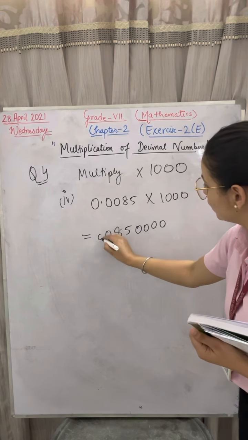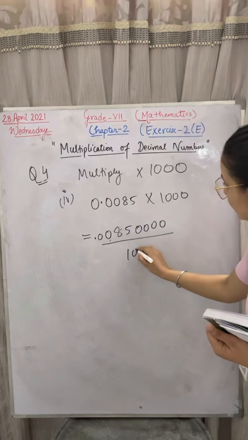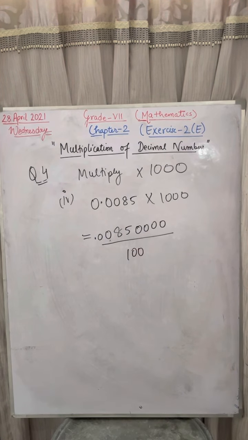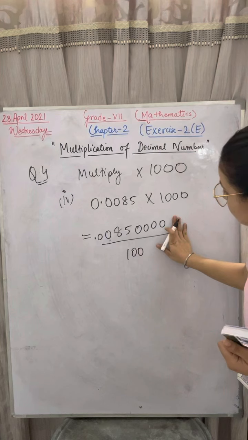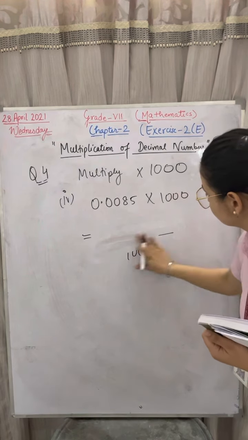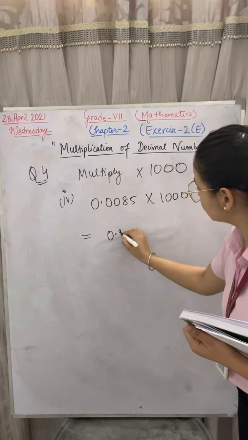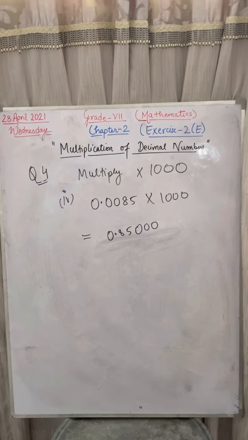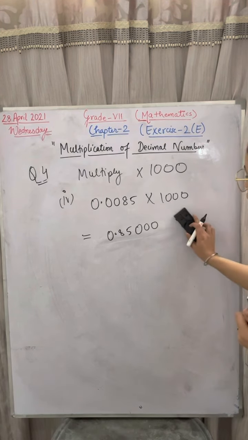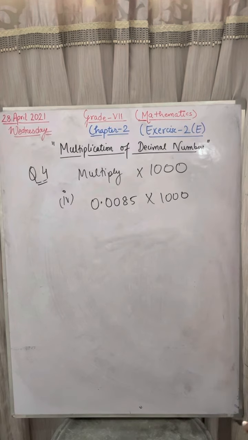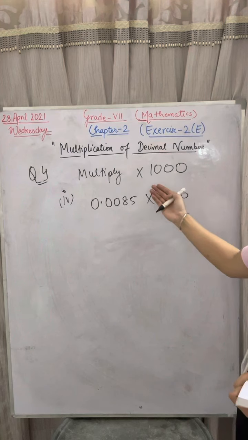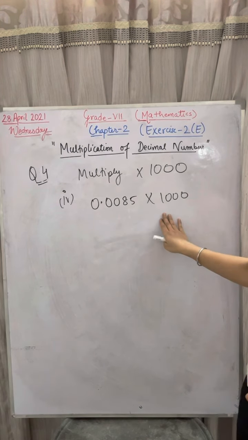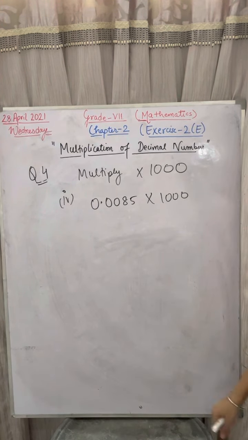And then you are going to remove the decimal. Then you are writing here how many zeros you will be having. You can write 0.85000. Yes, you can do in this way also. Any other student having doubt how we can multiply? You can simply remove the decimal, or you can do the multiplication in the beginning. There also you can remove the decimal.